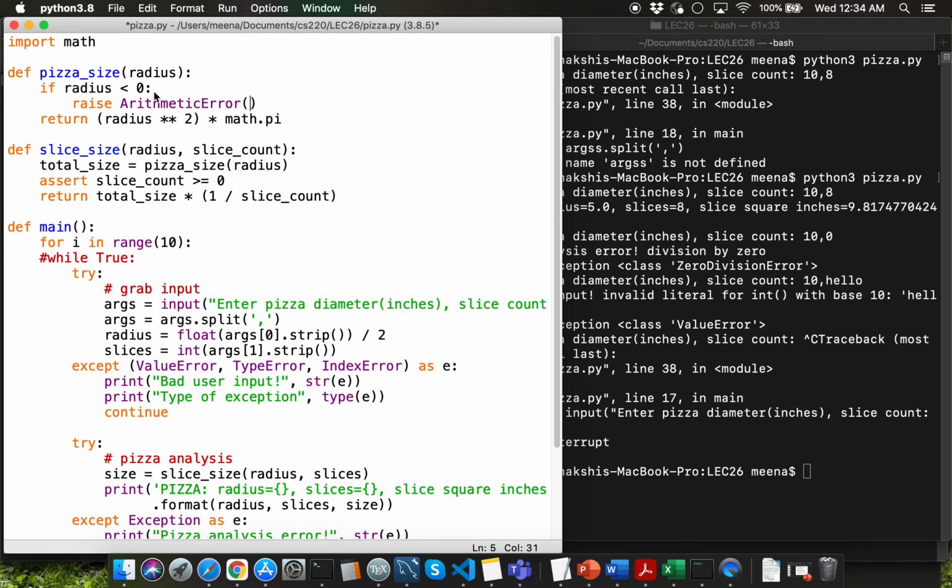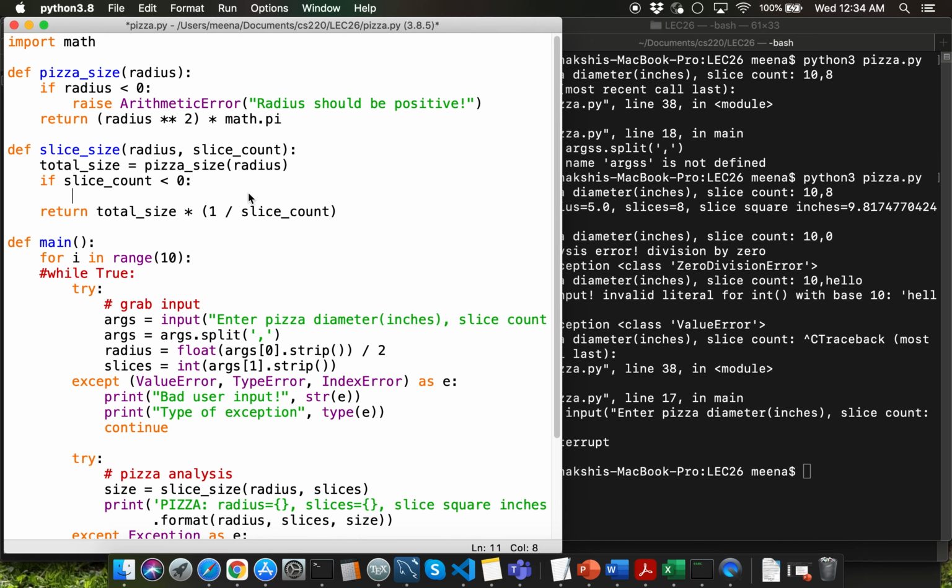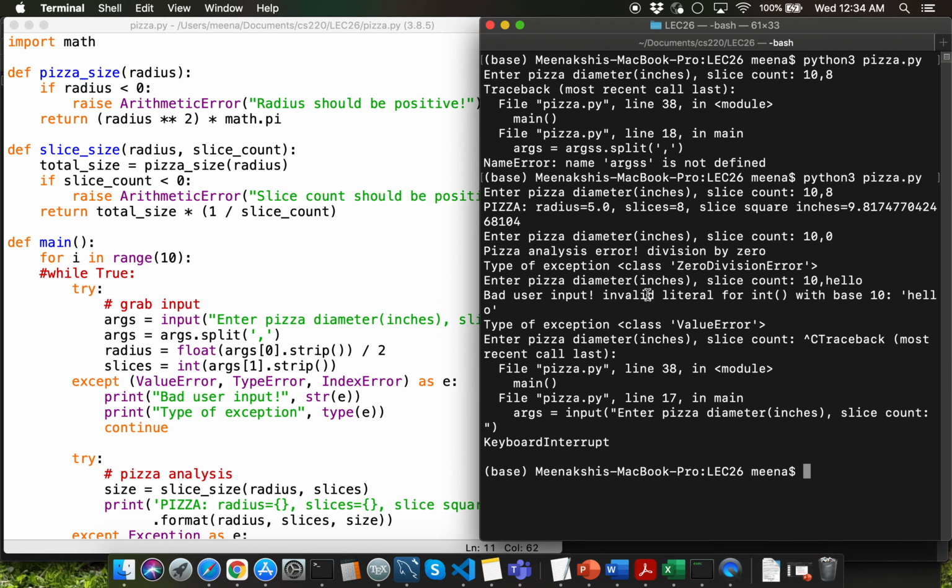So the error message that I want to include when I raise ArithmeticError is going to say "radius should be positive." Similarly, I'm going to change my other assert statement to an if condition. Let's flip the condition over. If slice_count is less than 0, I want to raise ArithmeticError with the message as "slice count should be positive." Let's go ahead and save the updated version of the program.